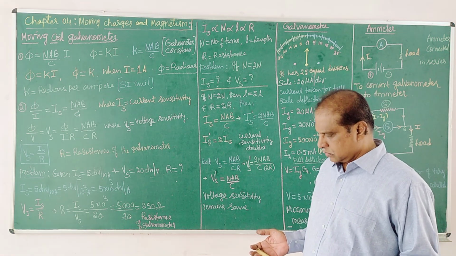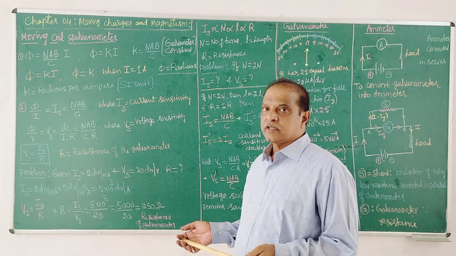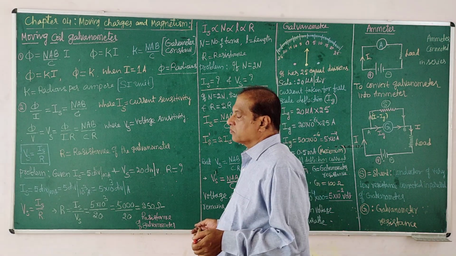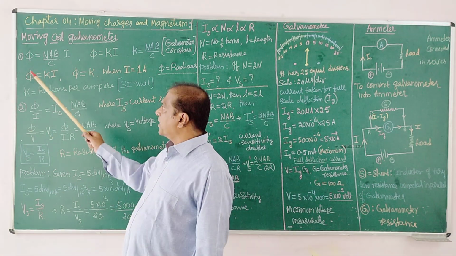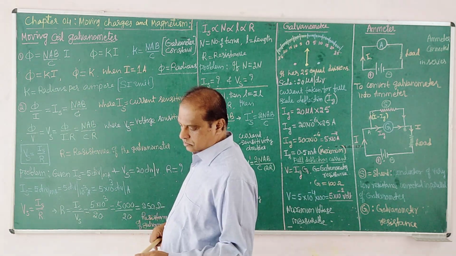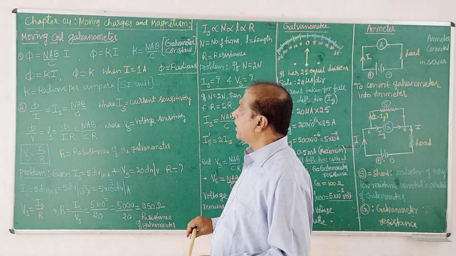Eta, the deflection in galvanometer. The equation says this deflection is a function of these parameters. The parameters are